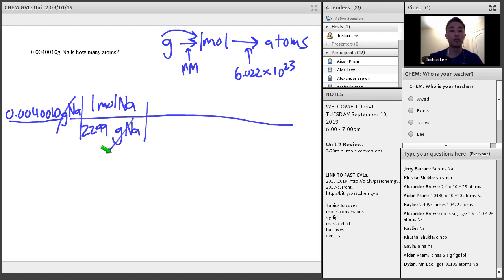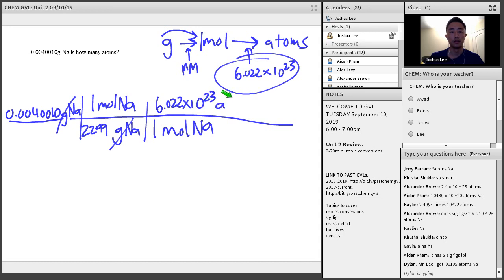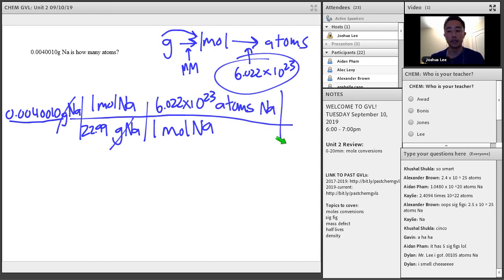We want to get rid of moles, so we have to use 1 mole of sodium again. Then we have to use the 6.022 number, 10 to the 23rd atoms of sodium. The moles of sodium will cancel out, leaving you with 0.004001 times,